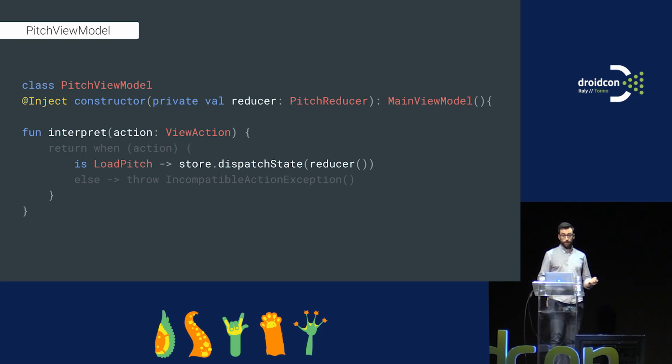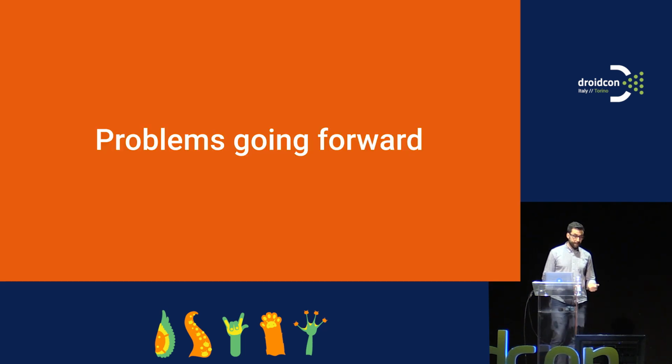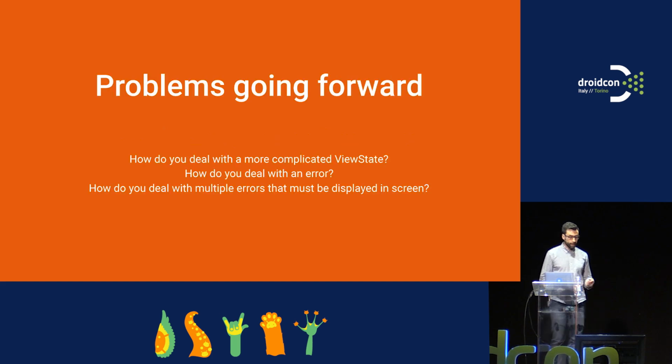to make sure that we're not doing anything that we are not supposed to do, if it's not the action that we want to take care of, we want to make sure that we are throwing an exception that we capture on the UI side, and we have to deal with that. But this is a very simple approach. It's not very complicated, right? It's just displaying a list of things and displaying a pricing, and that will be it.